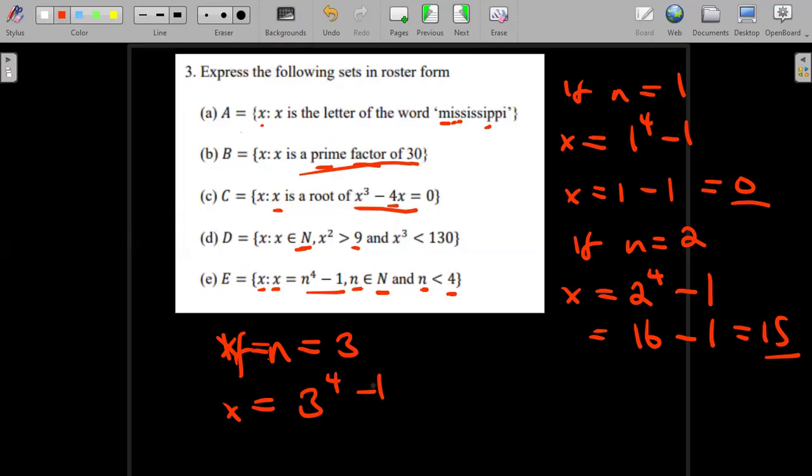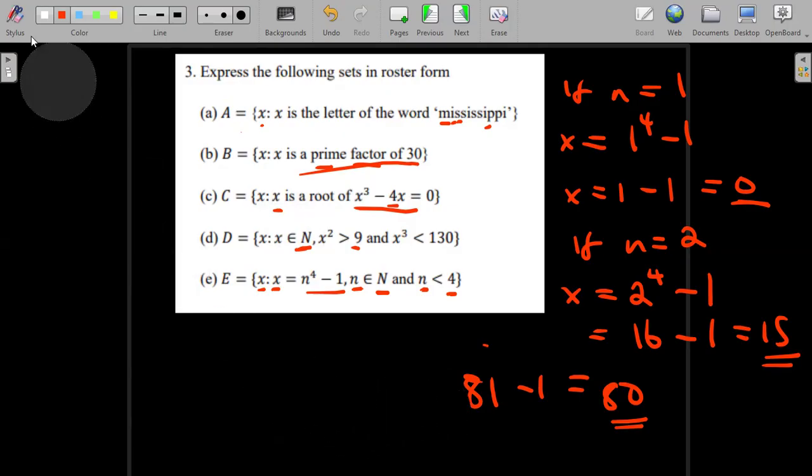So this is going to be equal to 81 minus 1, and this is going to just be 80. So meaning the values that I have, when n is 1, I have 0. When n is 2, I have 15. And when n is 3, I have what? 8. So meaning the set